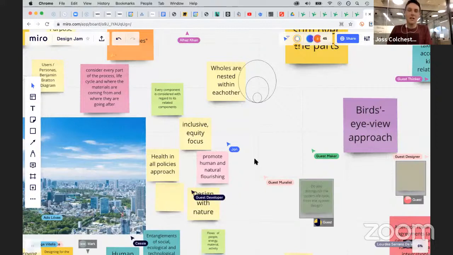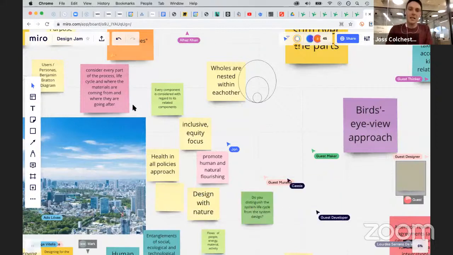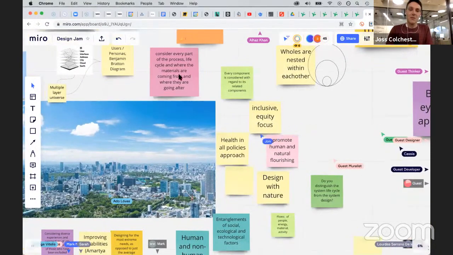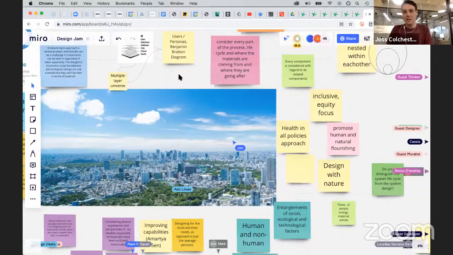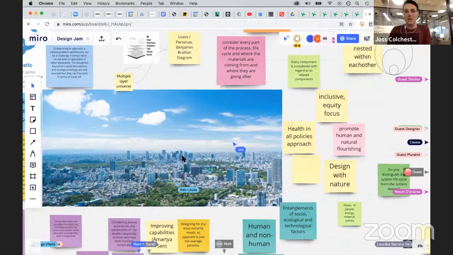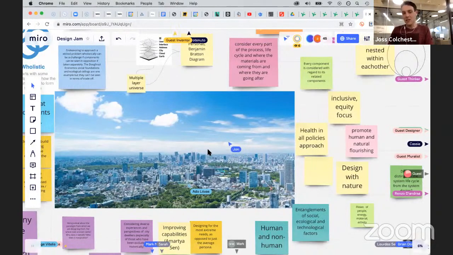I think it's always good to consider that constraint of complexity, like how much complexity can we deal with? That's always going to be relative to our understanding of complexity and our capacity to deal with it. But I think a lot of what we object to about the systems we design, that they don't integrate and work with their environment and we don't get these synergies, is just that they're designed according to a limited number of factors because we couldn't really deal with all that complexity. So it's going to require upgrading our thinking, systems thinking, to even begin to deal with that complexity, and then maybe be able to design systems from that.